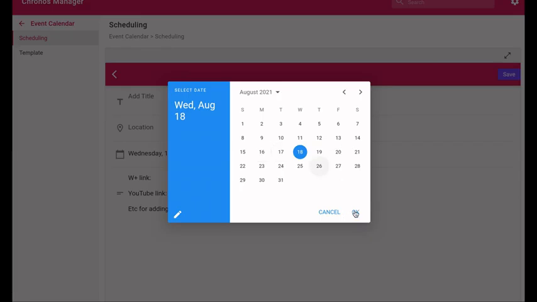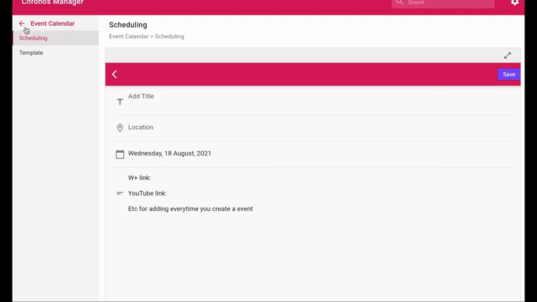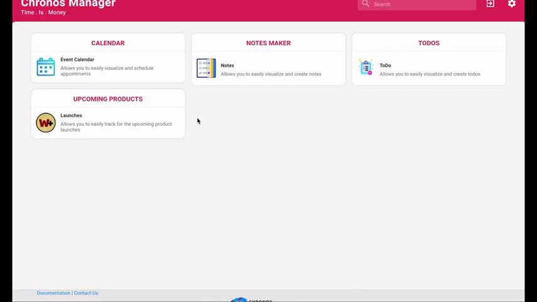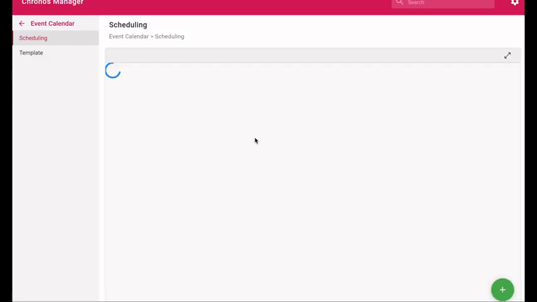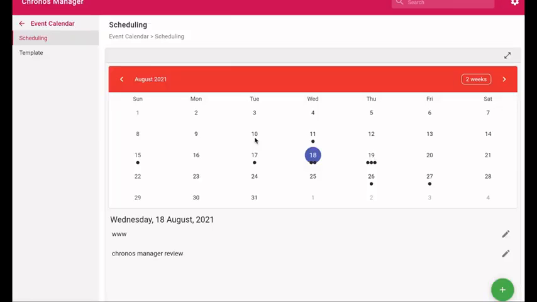So the date you can select from this picker and click OK and click on save. So that is how the event scheduling, where you can audit. So you can see the calendar, you can see a lot of different events which were created, and you can see the differences. For example, on the 19th I have 3 different events which I have to manage. So everything will be displayed.